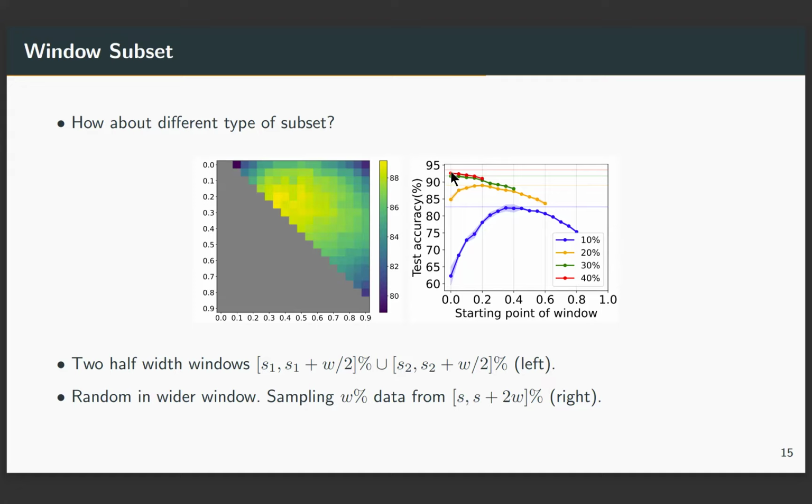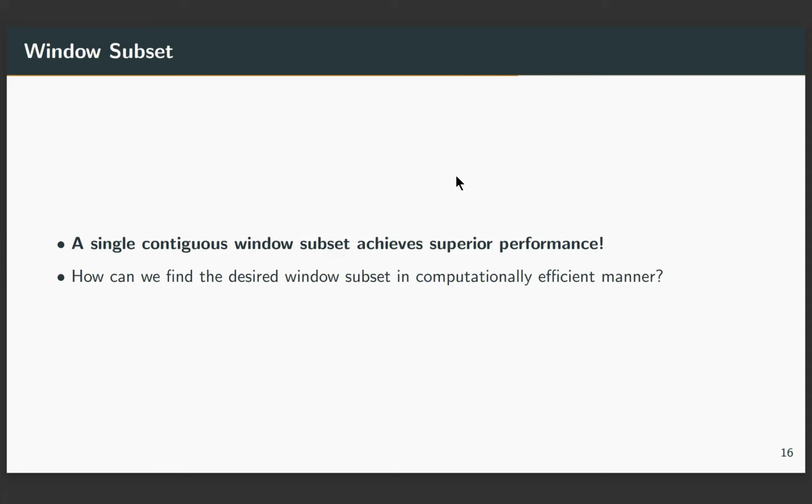At higher subset ratio, the oracle window achieves better performance than the wider window. We can observe that there is a small gap between the oracle window and the wider window. To summarize, we figure out that a single contiguous window subset achieves superior performance, and the ablation experiment also supports